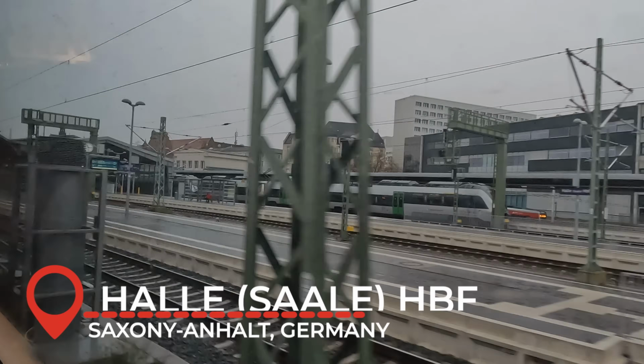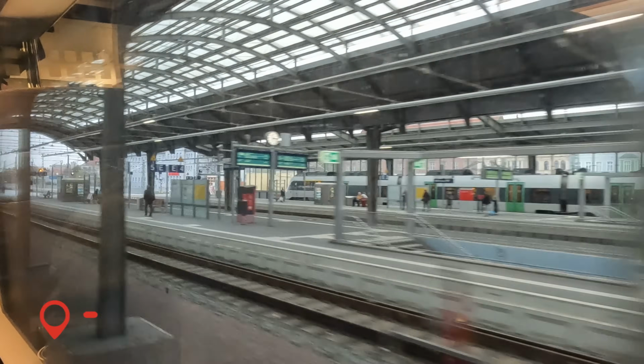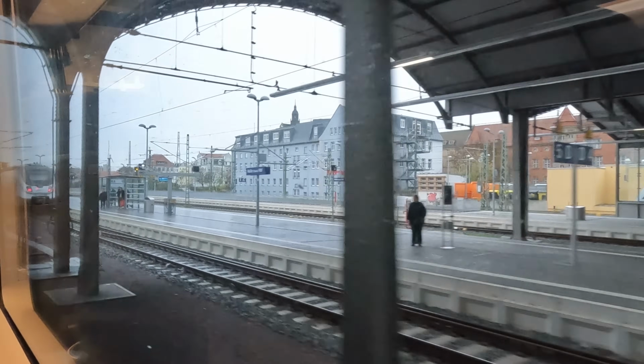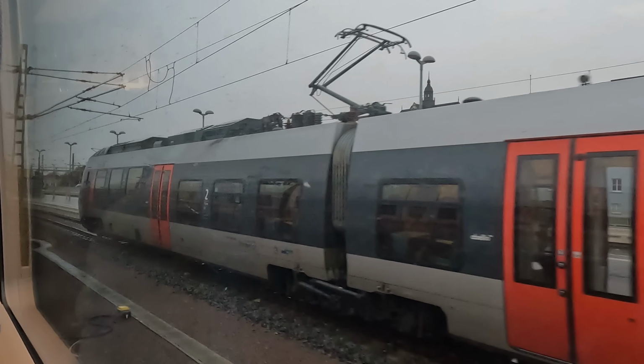Anyway, our first stop after Berlin is Halle Saale Hauptbahnhof, one of the most important transport hubs in the German state of Saxony-Anhalt and an island station, which has its main station building located just between tracks 7 and 6, the latter of which we pull into, though my right hand side view means we won't get to see the